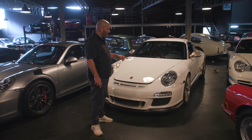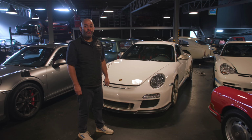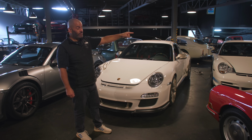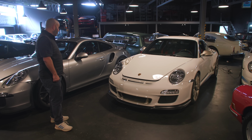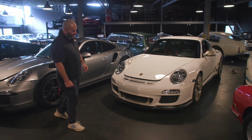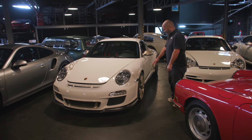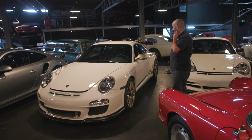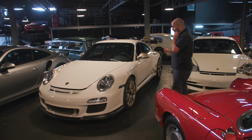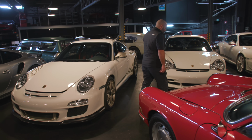3.8 RS. I think this is the sleeper at the moment of the range because really it's 9.9 tenths of the car that's over there, the 4 litre RS. I remember these so fondly. I raced them at the Nürburgring. What a car. Also, that's the spec that I like, the white with what they call, this was called white gold, this finish, white gold. I still sit and talk crap with Poininger about these because they were just such special cars. Manual gearbox, Metzger engine. As I said, for me, that is the value proposition at the moment. So,